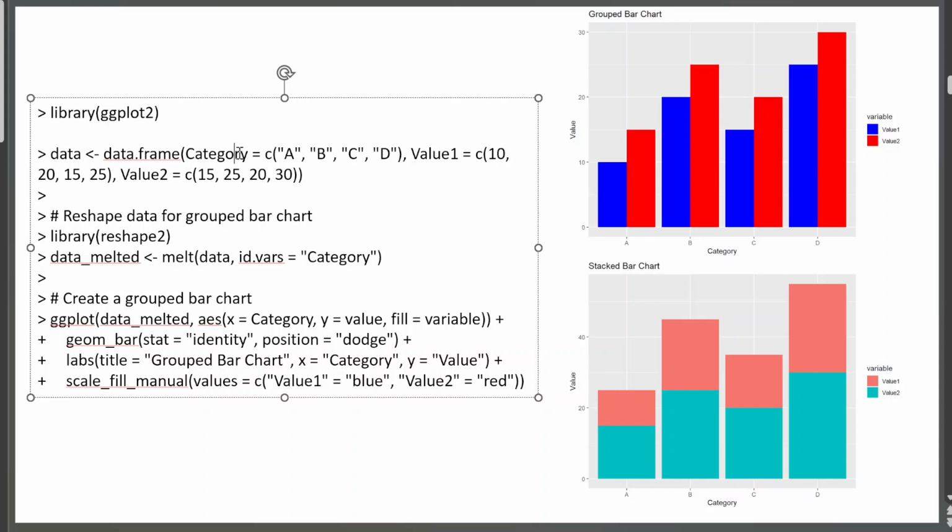For example, here you can see I have loaded this data frame. Using the data frame, I have taken four characters A, B, C, D. For each character, I have two values, value 1 and value 2. So 10 and 20, 10 and 15 correspond to A. Then 20 and 25 correspond to B. 15 and 20 correspond to C. And 25 and 30 correspond to D, like that. So if I just plot it